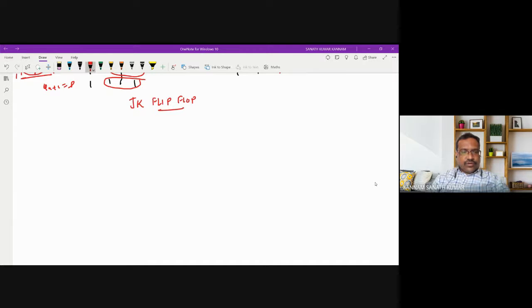So the reason for going for the JK flip-flop is that in the SR flip-flop, when the input is 0 0, that is nothing but the no change or memory condition, and when it is 0 1, we call that the reset state. When it is 1 0, it is the set state, and when it is 1 1, it is the not determined or unused state. So in order to make that unused state a used state, we are going for this JK flip-flop, to change whatever the indeterminate state in the SR flip-flop into a used state.